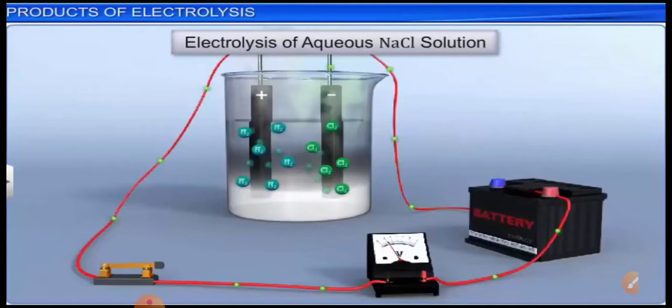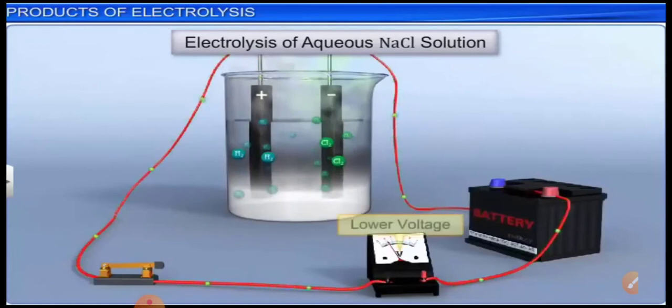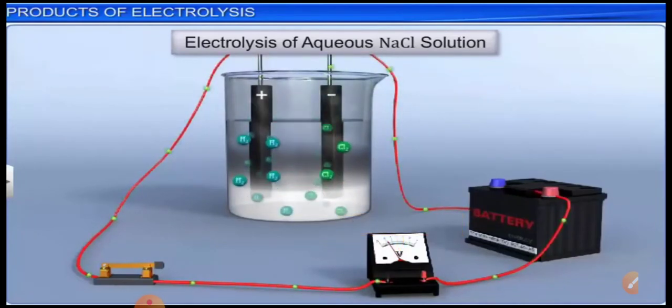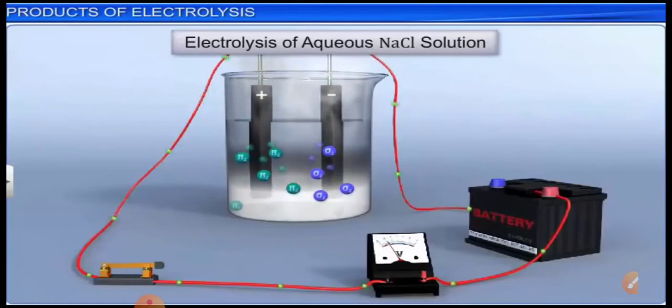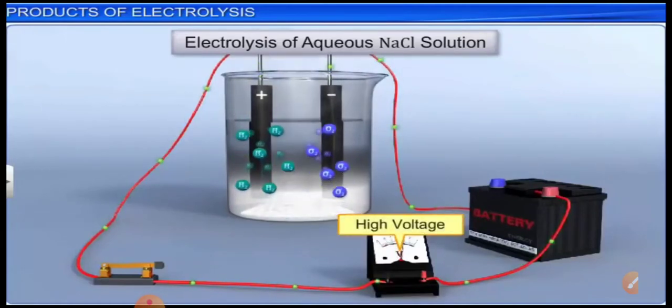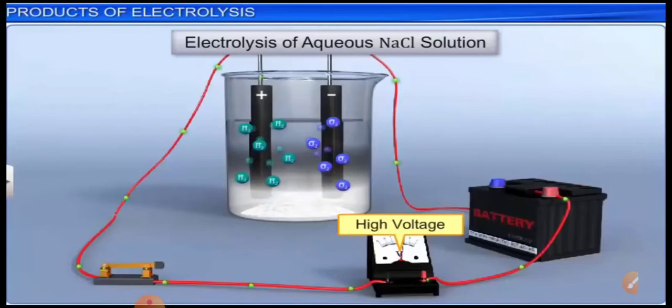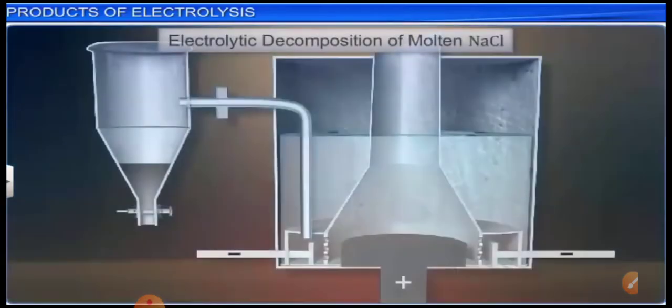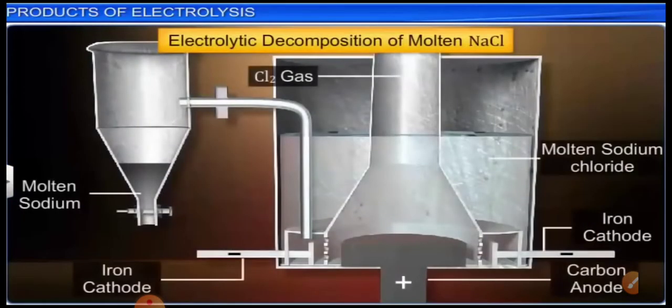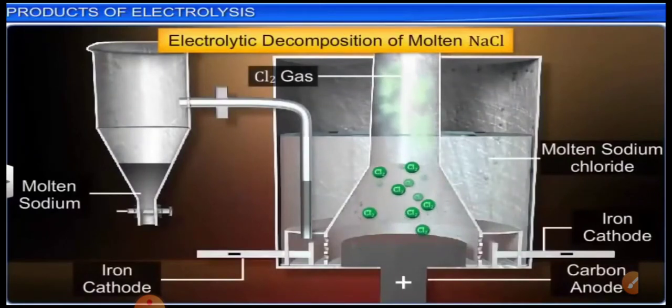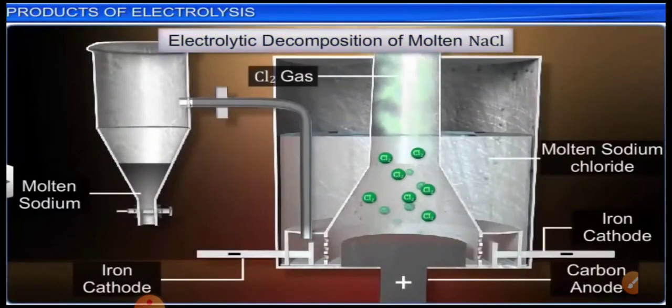Initially we will observe that a very low electrode potential is generated, meaning our voltmeter will show a very small amount of voltage difference. This is due to the lower quantity of the ions and their low mobility. But as soon as the reaction proceeds, the voltage increases. This same method is also used for the production of chlorine gas and the production of sodium metal.